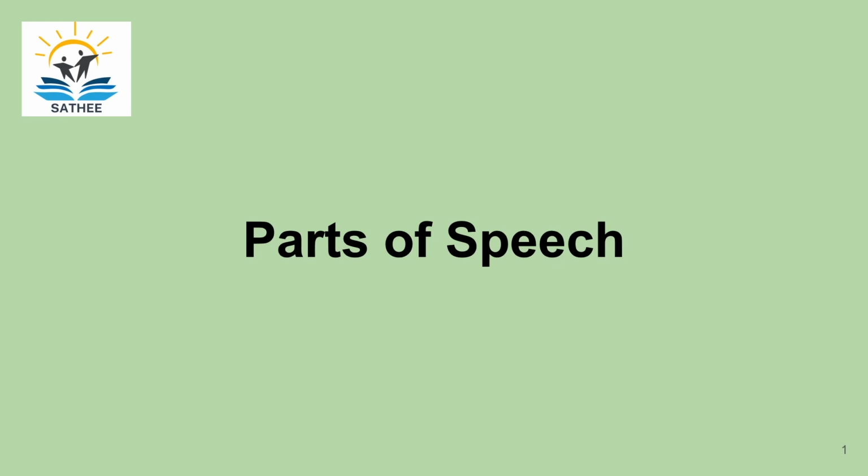Now, at first a question will arise in your mind: what are parts of speech? Well, let us discuss this first. We have already learned the structure of the sentence. We already know the basic structure of the sentence, that is subject, then verb, and then object. For example, if I write a sentence that Ravi is going to London. Now, this is a basic sentence.